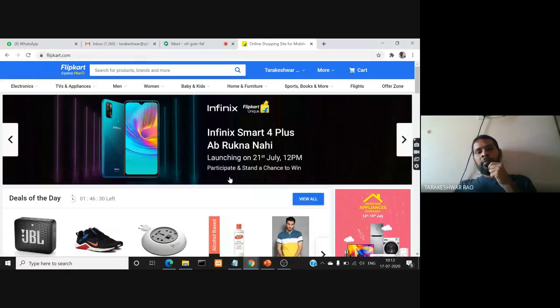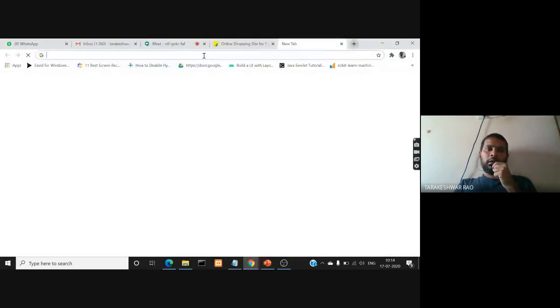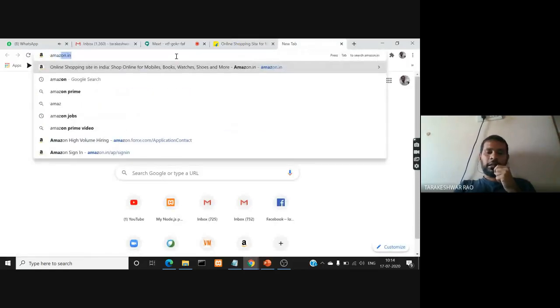And why do we use the term web application? Because of the World Wide Web. All these servers are connected through a mechanism called the World Wide Web. That's the reason why URLs have www dot some url .com or .ac.in, or simply .in, depending on which country the server is located in. If it is in India, we'll have .in. For example, for Amazon, the URL is amazon.in, right?